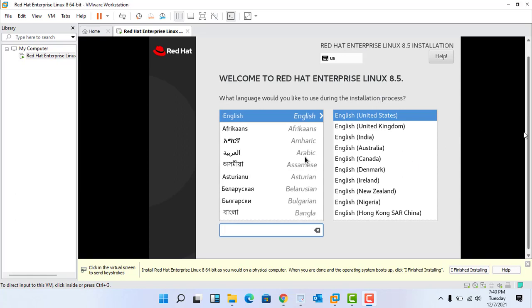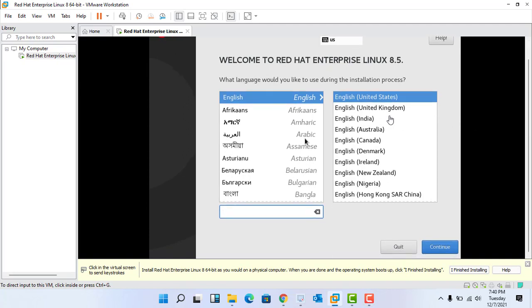Now guys, you can see here: Welcome to Red Hat Enterprise Linux 8.5. To direct input to this VM, click inside or press Ctrl plus G. So I'm just going to press Ctrl plus G. Okay, then click on continue.